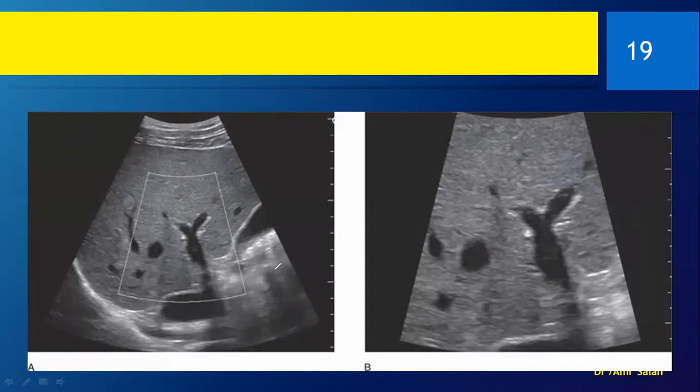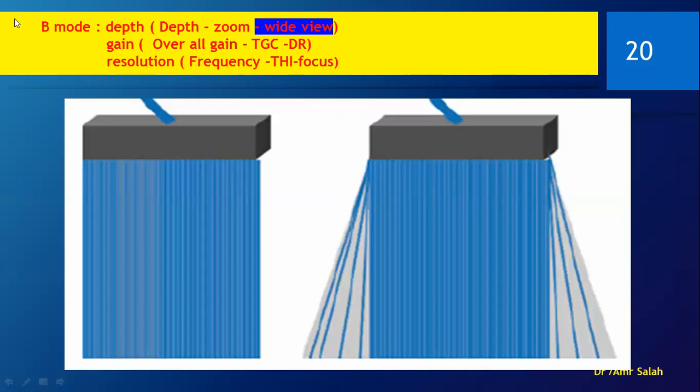Now here, this is the image. When you press on the zoom, usually a zooming box appears as such. So the depth is the same. We just have chosen this part of the image in order to magnify and to look at very closely. Now it has gone into this. Now we can see the portal with its main branches more evidently and more clearly as in the second image. Okay, so this is the zoom. Now we are still in the depth. We have discussed the depth itself and the zoom function.